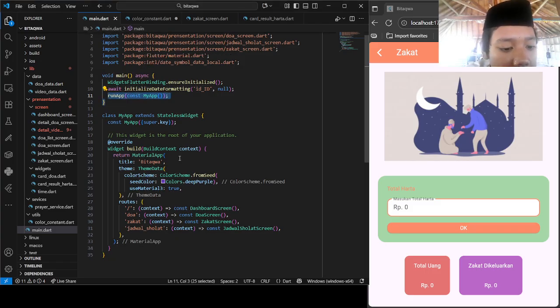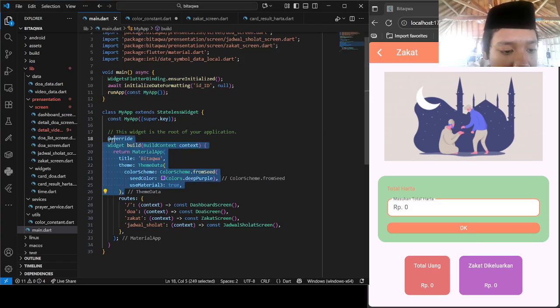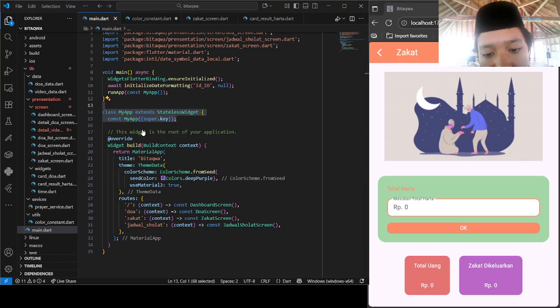Okay. And then this. What is that section? Oh no, we'll go to this first. MyApp, the main app widget, is a stateless widget. What is a stateless widget? Stateless widget is for saving the data that does not change.